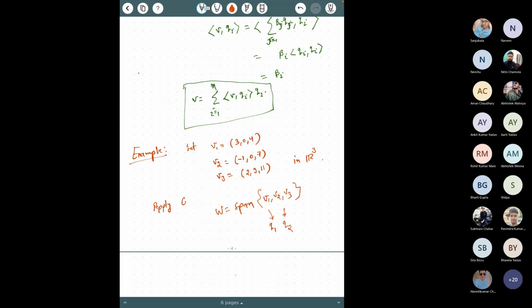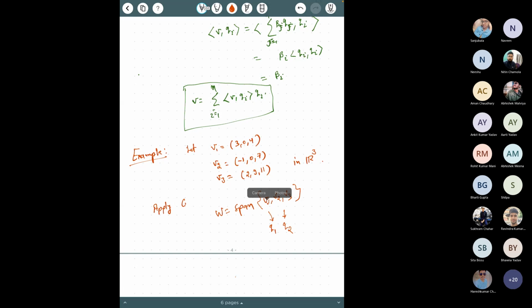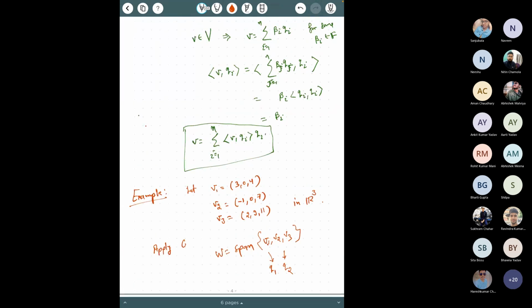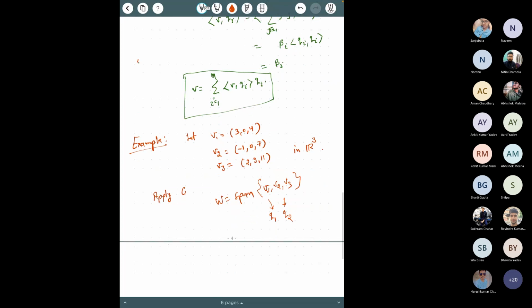You know that whatever vectors you get from Gram-Schmidt, they span exactly the same space. Since v2 is already in the span of v1 and v3, v1, v2, v3 span exactly the same space spanned by v1 and v3. That same space is spanned by q1 and q2. Now q1, q2 is an orthogonal set that spans the same space, so it is an orthogonal basis. If you normalize it, it becomes orthonormal. So q1, q2 is an orthonormal basis.